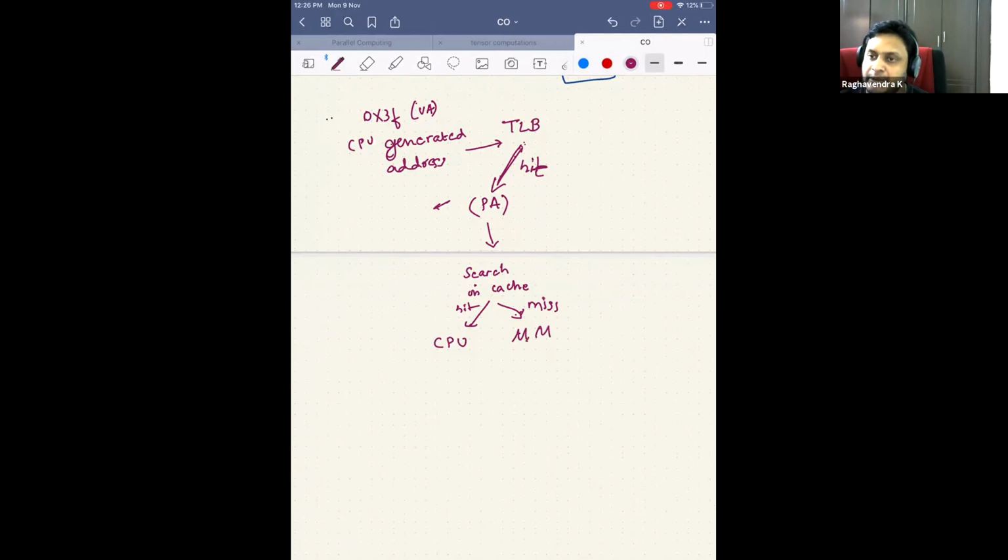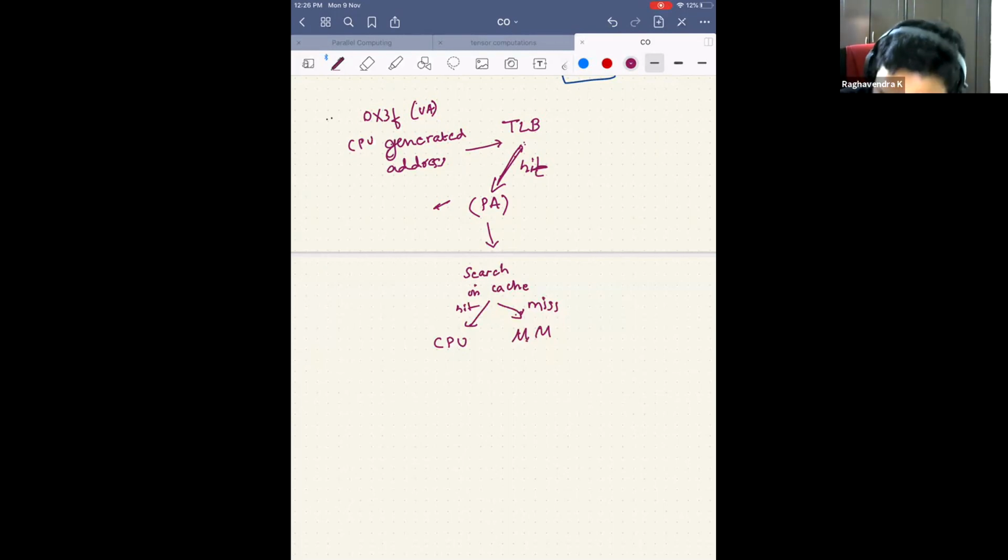Then are you sure that it will be in main memory? Yes. Why are you sure about that? Because we are getting the physical address. Yes. Okay. Let's assume. I mean, you are right, but let's assume that you are. I know that there is some gap in the understanding, but let's fill that up again. Okay. So we are sure that it's in the main memory.